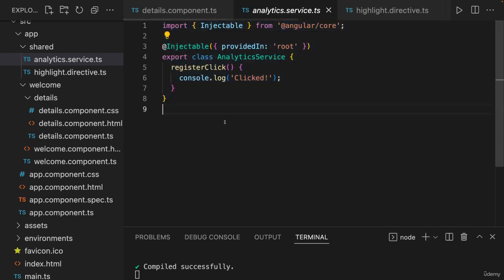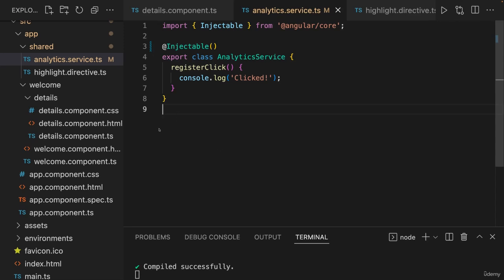Now this works just fine with standalone components, as you can clearly tell, because no adjustments were needed here. However, you might recall that this is not the only way of providing services. Instead of doing it like this, which is the recommended way typically though, you could have also added this service to the providers array of a module, and that would have been fine as well, and it would have also made that service available to all components and directives, and it would have made available a single object of that